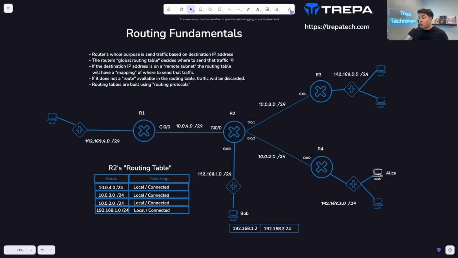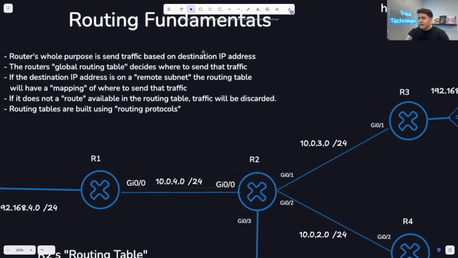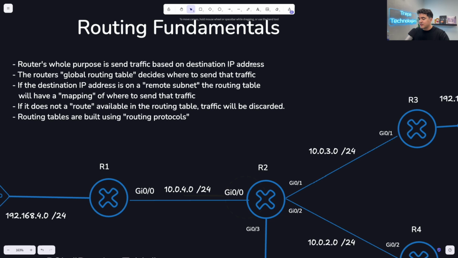So what is a router's whole purpose? And when we go over this, I'm going to be explaining things from the perspective of router 2, R2 right here. A router's whole purpose is to send traffic based on destination IP address. That's its whole purpose. Meaning if I'm router 2 and I have users and they want to talk to a remote destination, meaning a server or someone not on our local area network, not connected to the same switch, I need that router to route my traffic,